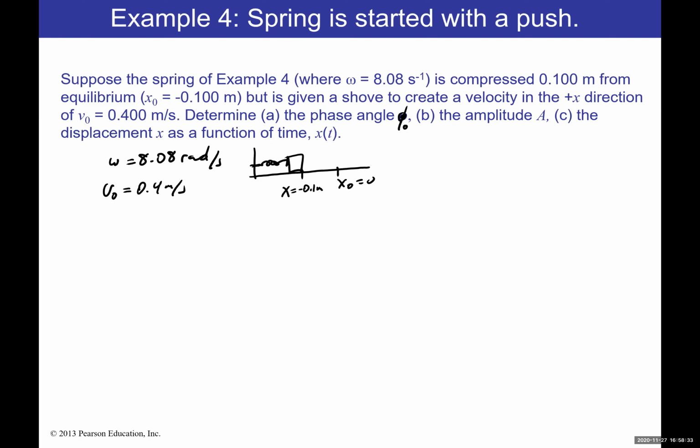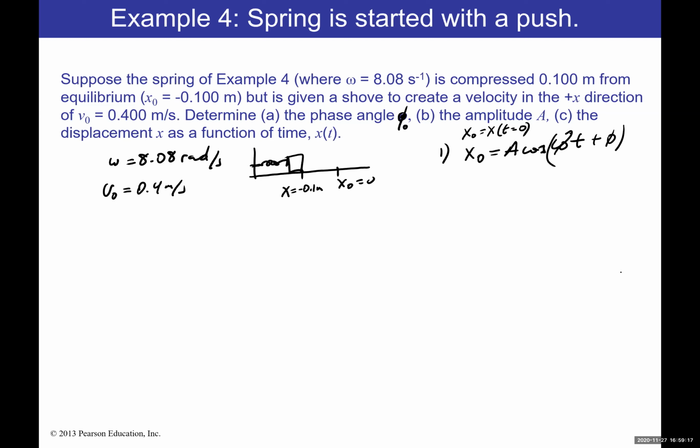So we're going to have to do all those things for this, assuming that we are given that angular frequency is 8.08 radians per second. That's one piece of information that we're given. Our goal will be to get the phase constant, and to do that, we have to involve two equations. Equation one will be for the position. Let's say x when t equals 0, we call x naught. So this is then A cosine of omega t plus phi, remember. But since x naught is just x when t equals 0,